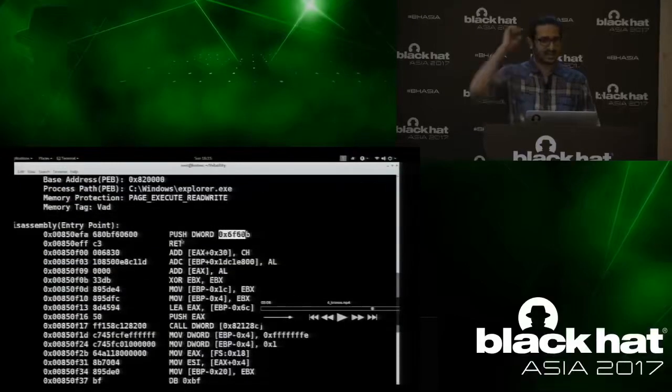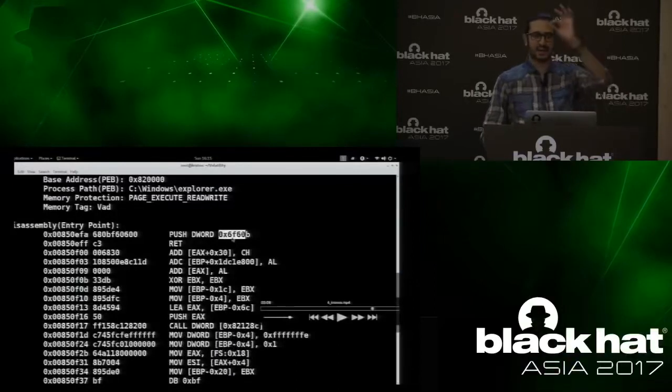here it disassembled the address of entry point. You see that in this case, there are only 2 instructions that are bad, that is push and the ret. It's pushing this address and calling ret. So the execution will start from this address now, which is in the range of 6000.